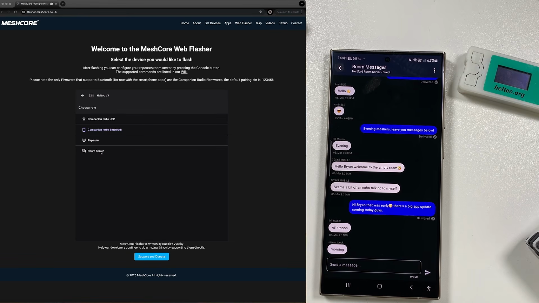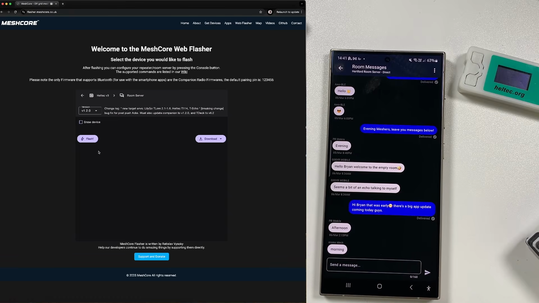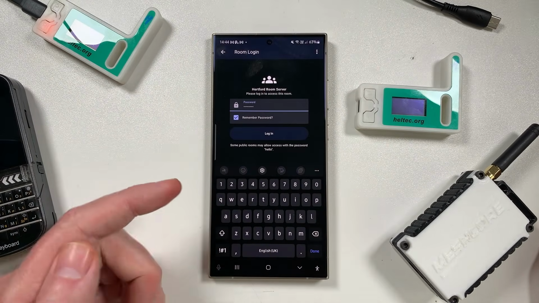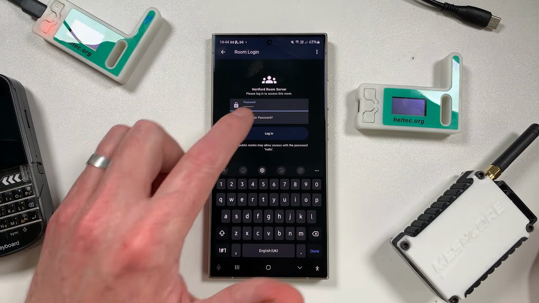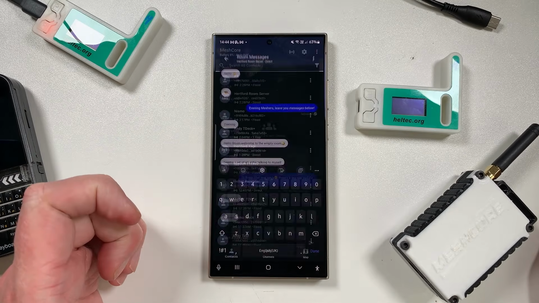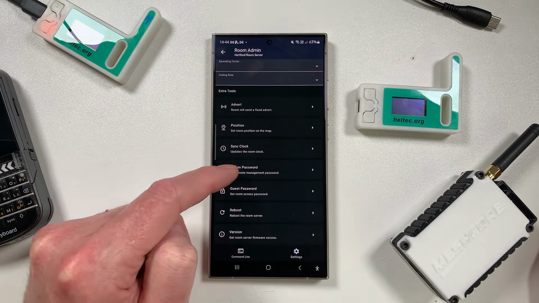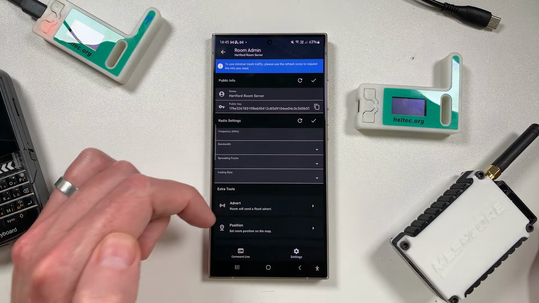So room servers can be installed and set up just the same way as you do with anything else, by going to the MeshCore flasher. You just hit room server and then flash in the normal way. I'm not going to show you that again because you're probably bored of that process by now. And once you've loaded the room server firmware on the device, you can manage it a bit like you do with a repeater. So you can sign in with the admin password, and then you can go into remote management